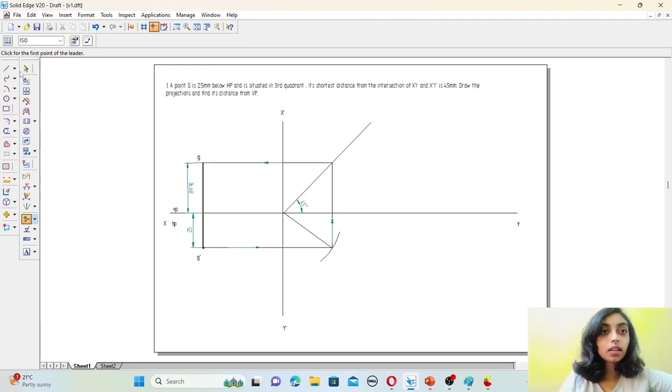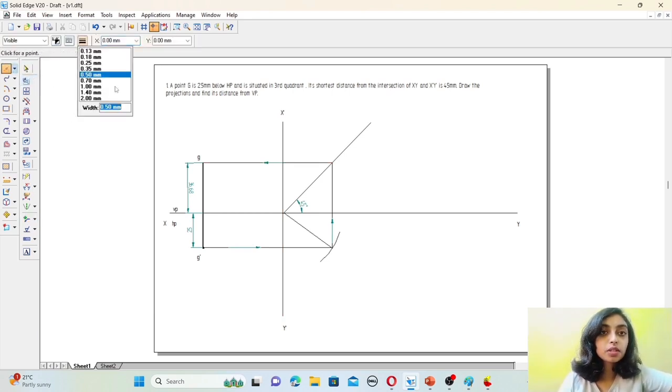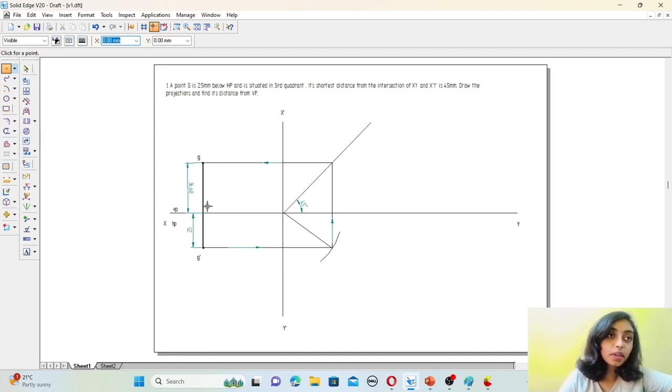And then go to Line, select Point, 2 mm thickness, place it over here. So this is the end of our problem. And then find the distance from VP, that is, the distance from VP of the top view is 36.68.